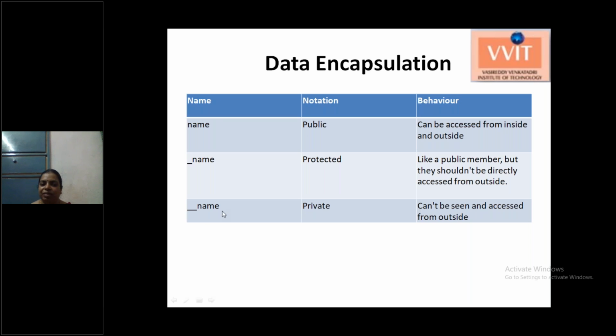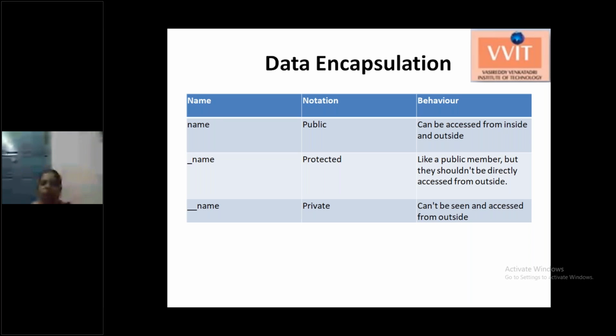Then that variable is treated as a private variable and cannot be accessed from outside of the class. We can access the private variable only within the class. Outside of the class, it cannot be seen, meaning logically it cannot be displayed for the user.